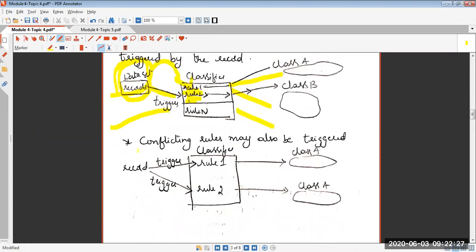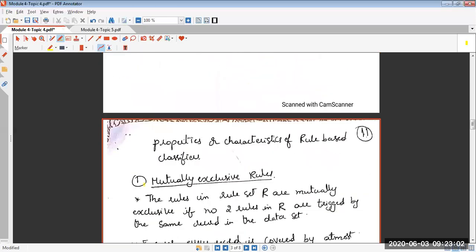One of the issues was conflicting rules. So what is a conflicting rule? We explored it in the previous session, and solutions for it were also explored. A conflicting rule is when a record triggers two different rules. It can do that, no problem, but if the rules are pointing to different classes, then it's a conflicting rule, because now it will be difficult for the classifier to decide to which class this record should go and sit. So this was the problem statement, a challenge for the classifier, and there is a solution for this.